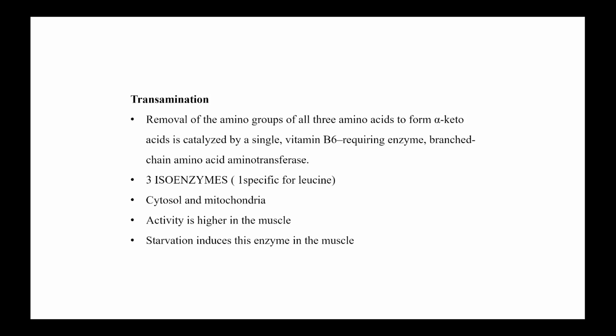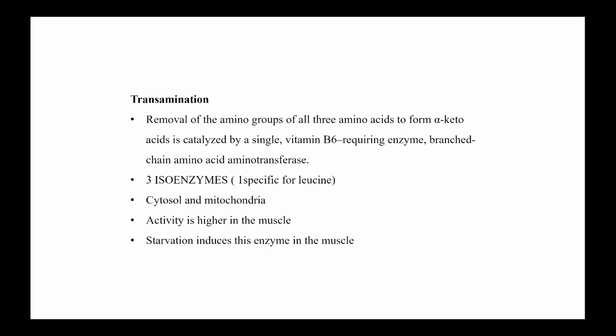So this branched chain amino acid aminotransferase transfers the amino group from valine, leucine, and isoleucine to form the respective alpha keto acids. There are three isoenzymes of this branched chain amino acid transferase. Isoenzymes are basically enzymes that can catalyze the same reaction but with different substrates. So these enzymes are similar in sequence and catalytic role, but they are present in different